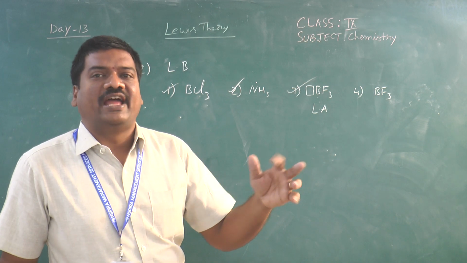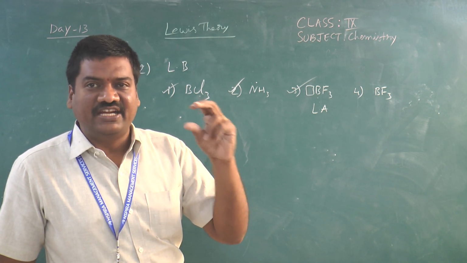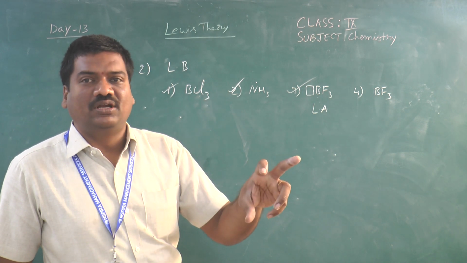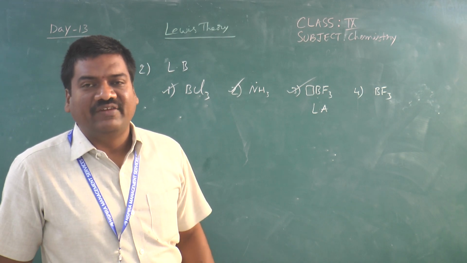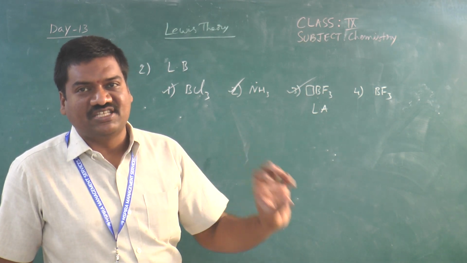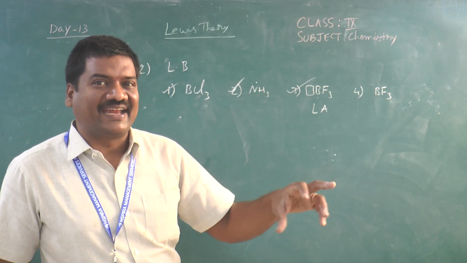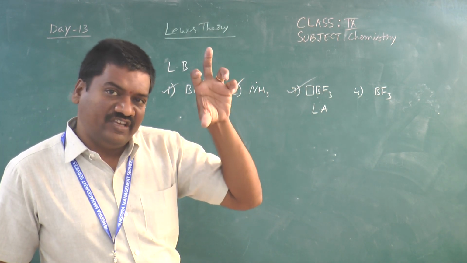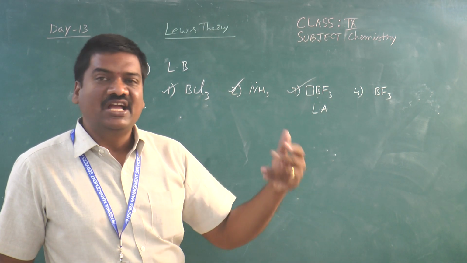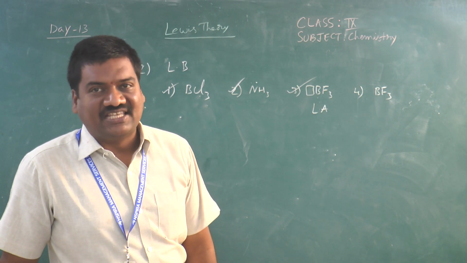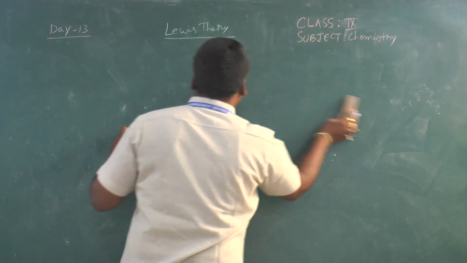Okay. Now chloride ion, fluoride ion, bromide ion, if you take those ions also, which have a negative charge with octet stability, those ions will act as Lewis bases here. Those which do not have octet stability, all those substances, maybe anion, maybe cation, or even a molecule, if they require electrons for getting stability, they will act as Lewis acids here. Okay, like that they can ask the questions. Now one more question we will discuss here.